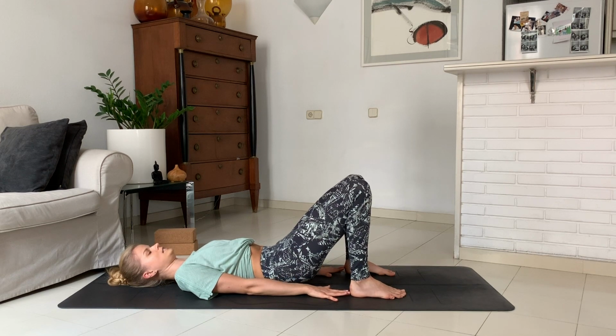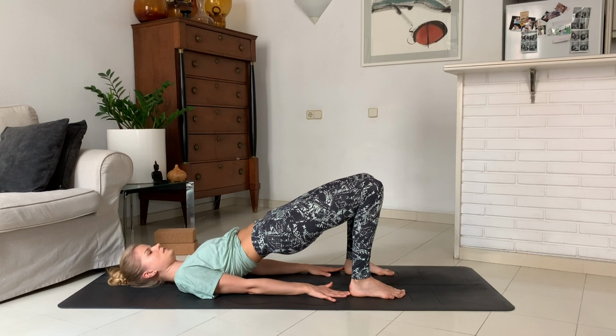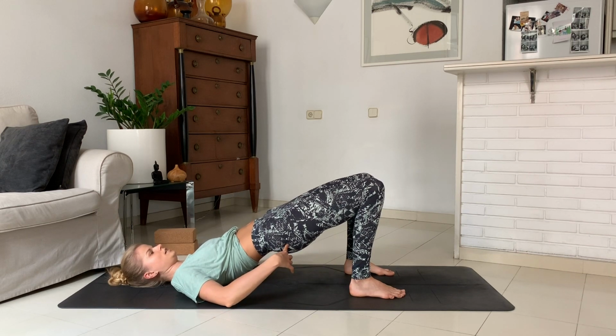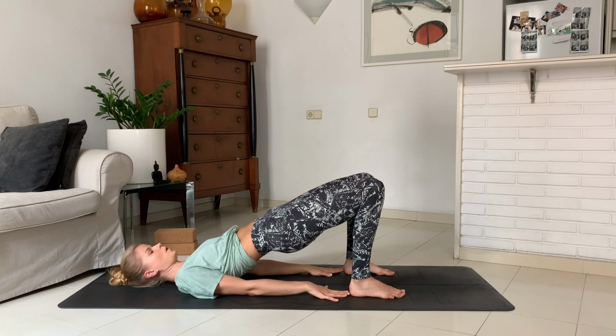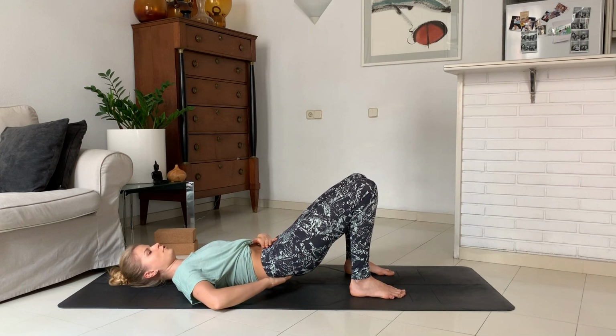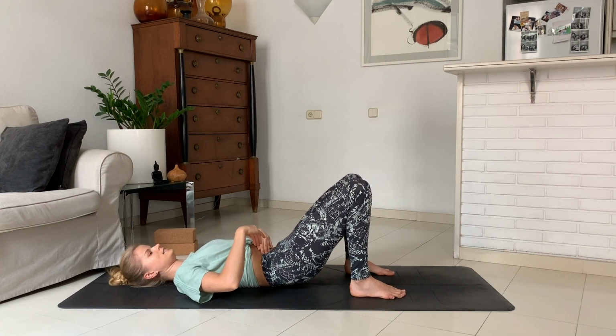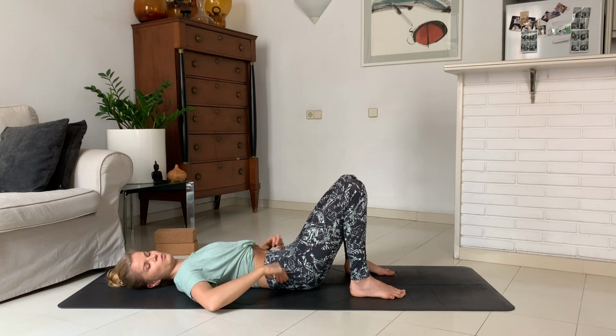Inhale, we're going to begin to lift the hips up. And exhale, pause here. So keep on squeezing the glutes, activating through the thighs, just a very gentle bridge pose. Inhaling and exhale, slowly, slowly let go. Again, aim for the belly to press down so the lower back can rest fully onto the mat without creating